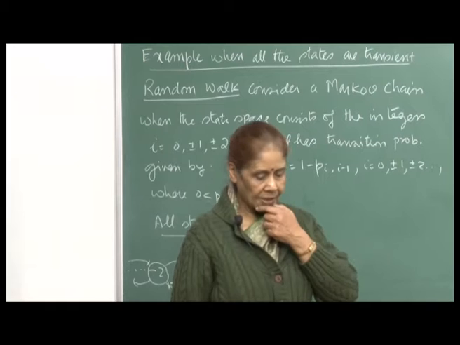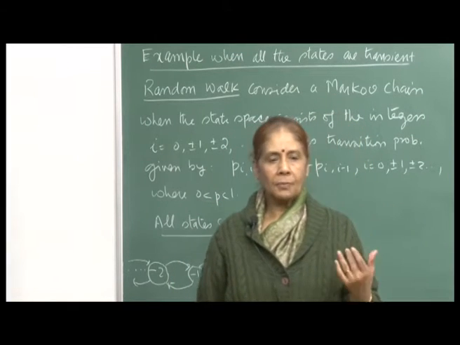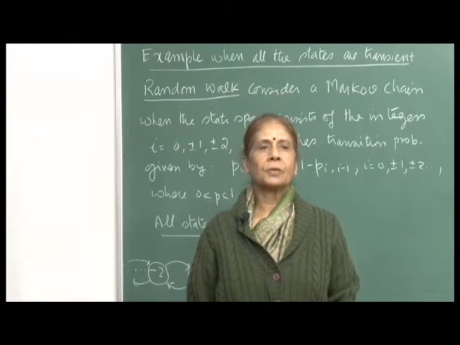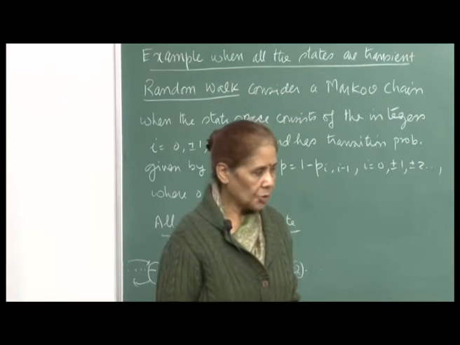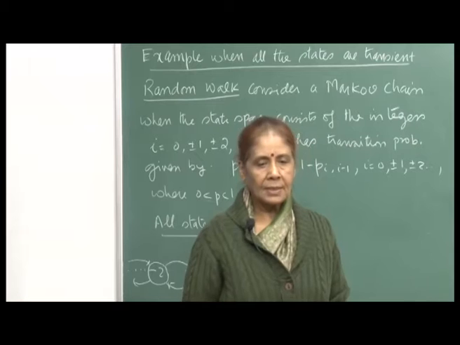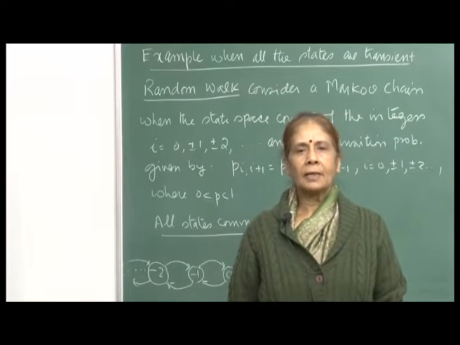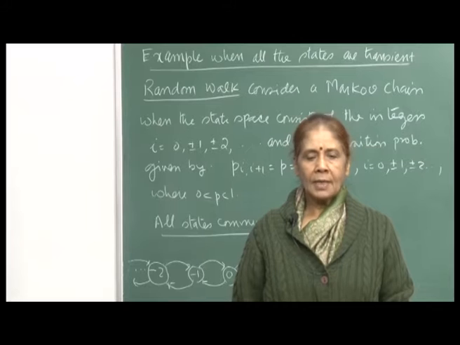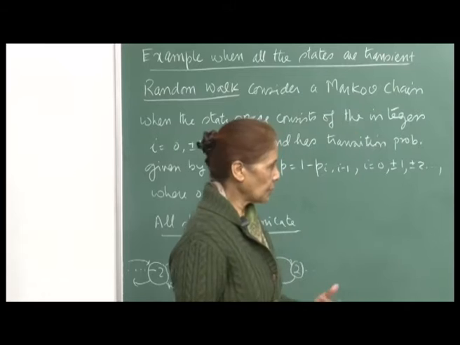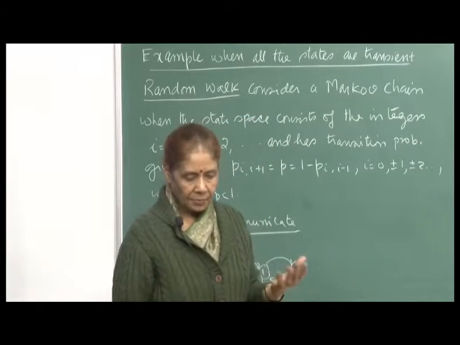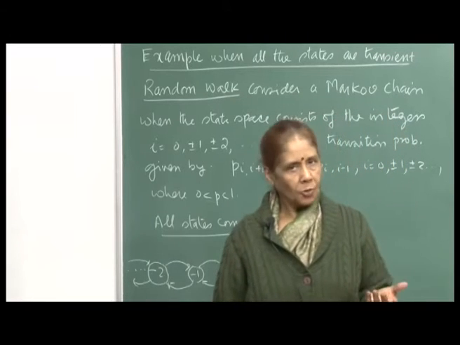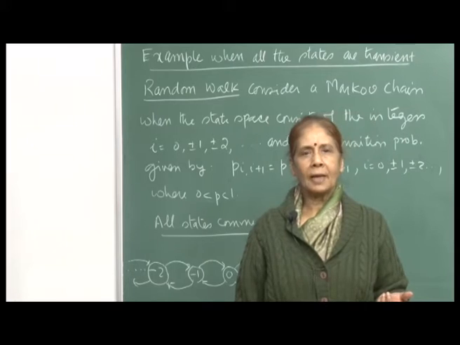So, in the last lecture I had told you that if the number of states of a Markov process is finite, then all states cannot be transient. We had argued that transient states will be visited only a finite number of times. So, if there are a finite number of states, then the process must come to an end in a finite time. But since the process has to go on, if the number of states is finite, then all states cannot be transient. But the argument does not hold when the number of states is infinite,